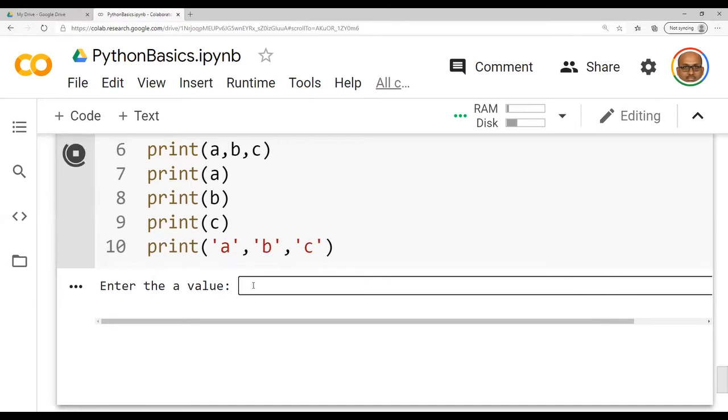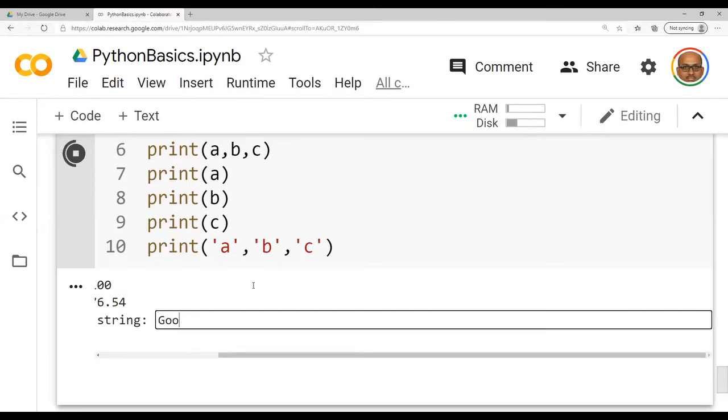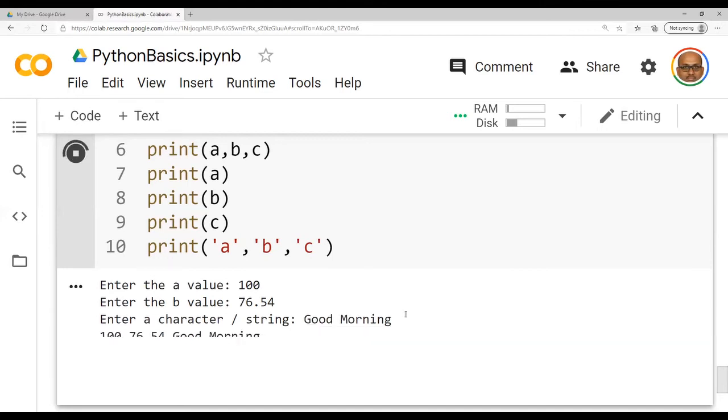The A value I have entered is 100. B value is 76.54. C value is good morning. Now when I give the enter key, line number 6 to 10 gets printed. Why? Because the print statement displays the output on the screen. So you are going to have 5 outputs starting from line number 6, 7, 8, 9, and 10 respectively.